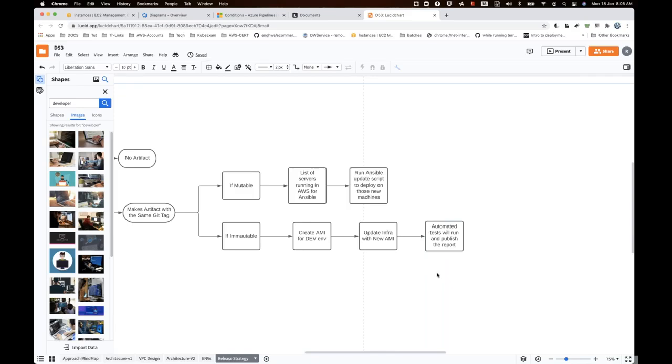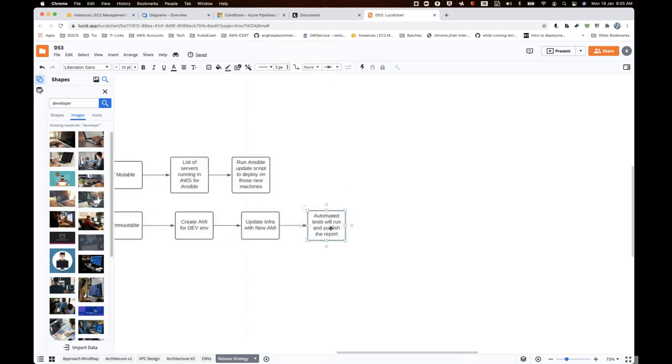The next thing is, if everything is fine, we need to go with deploying to the next environment. So, push artifacts to the next environment.